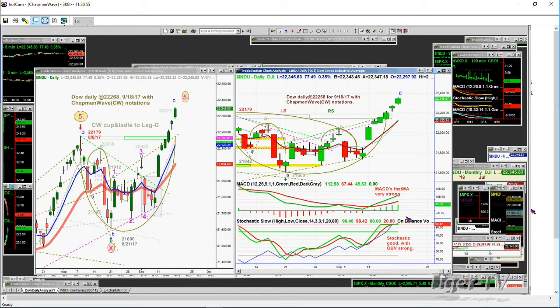One has the MACD and stochastic. This one just has the 9-period moving average and the 20-period. The red one is a 20-period moving average, and some of my Chapman wave proprietary techniques. However, what happens is that in the Chapman wave, the reason why the cup and ladle pattern